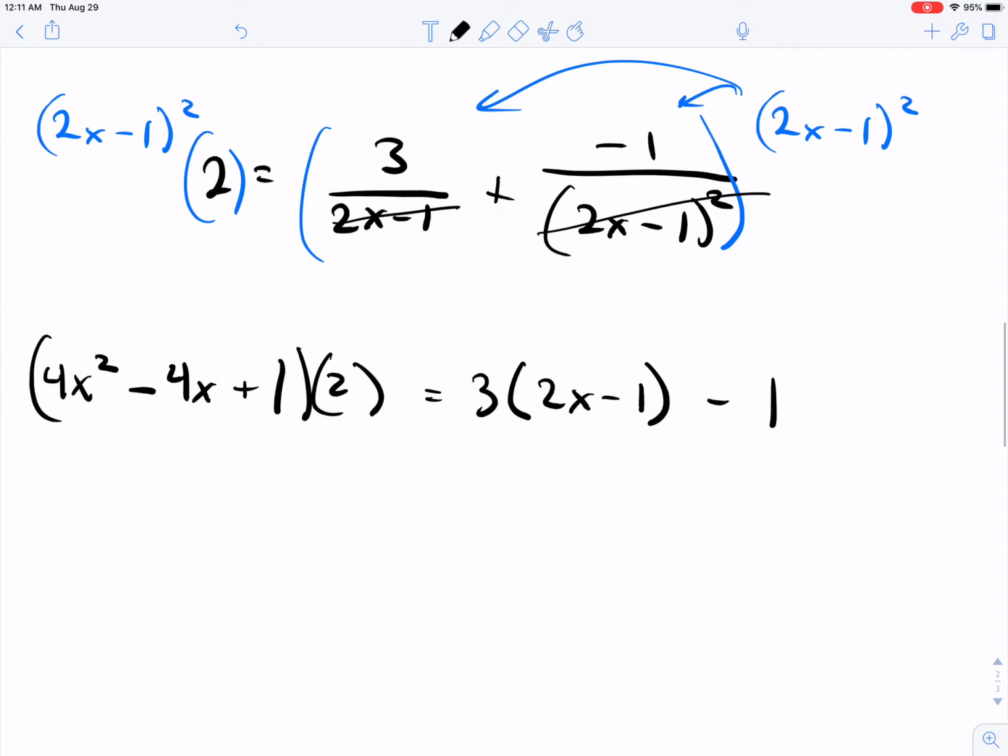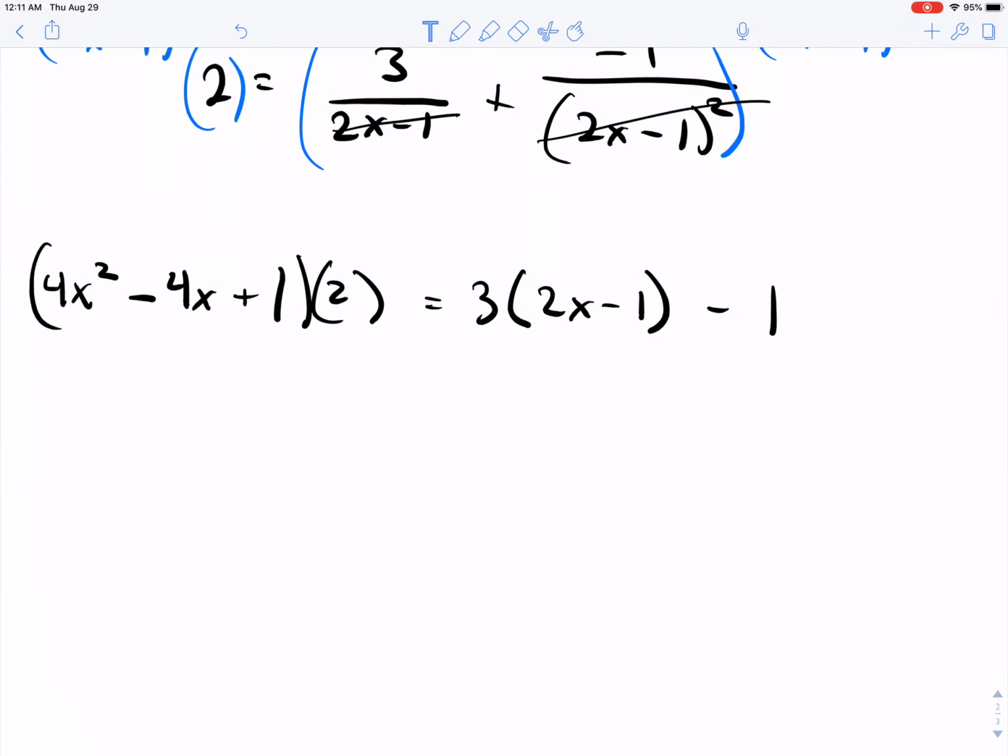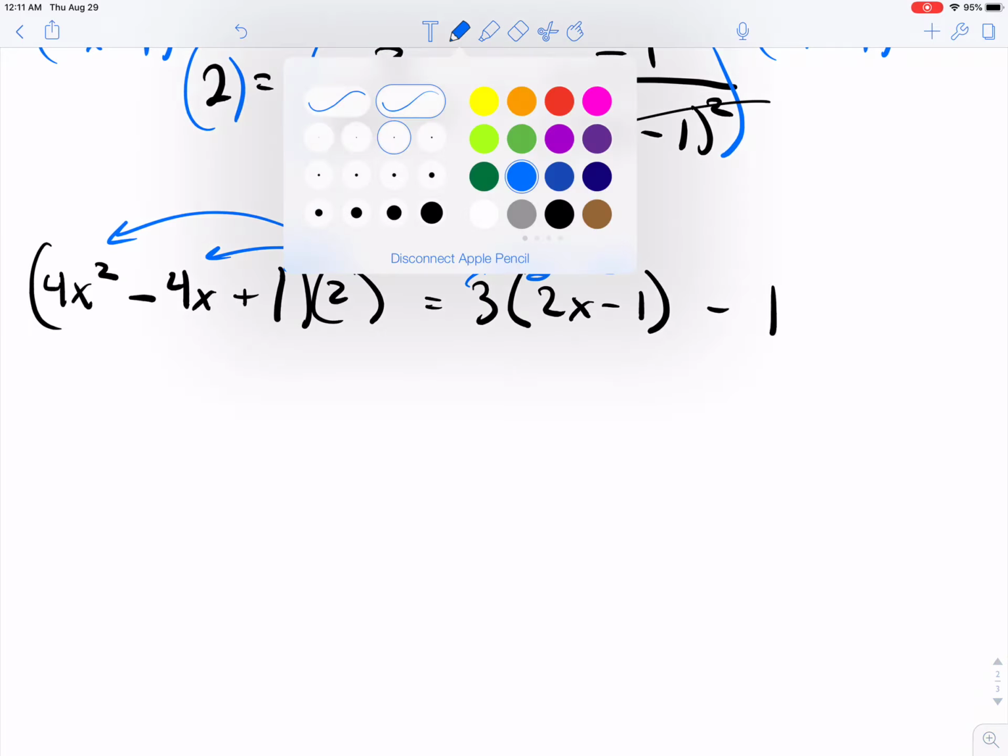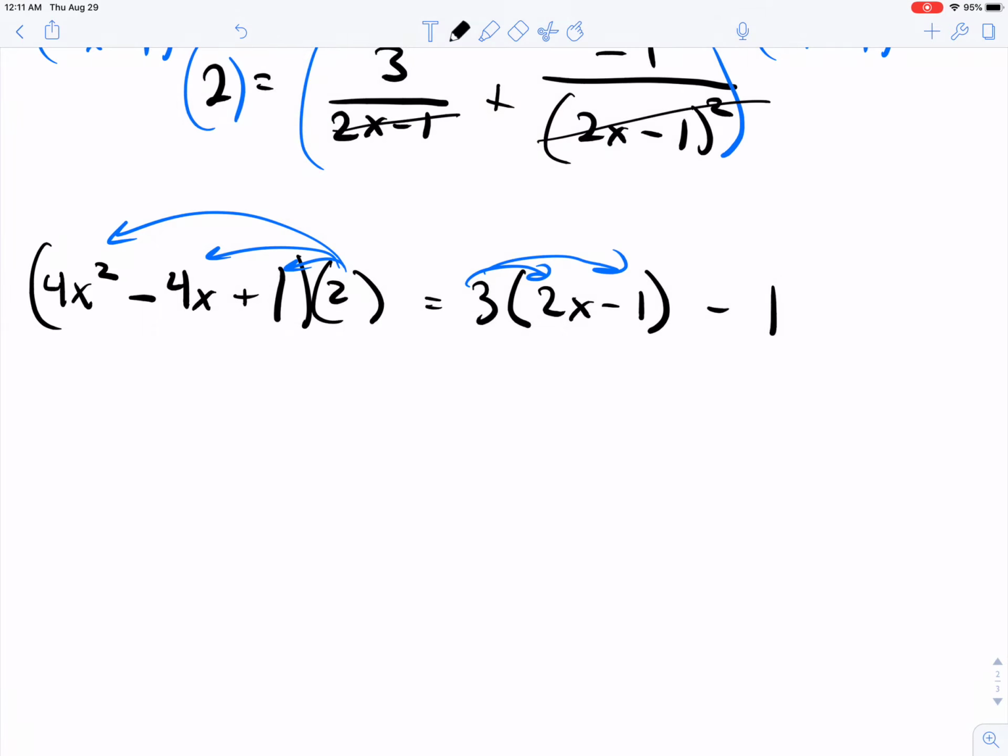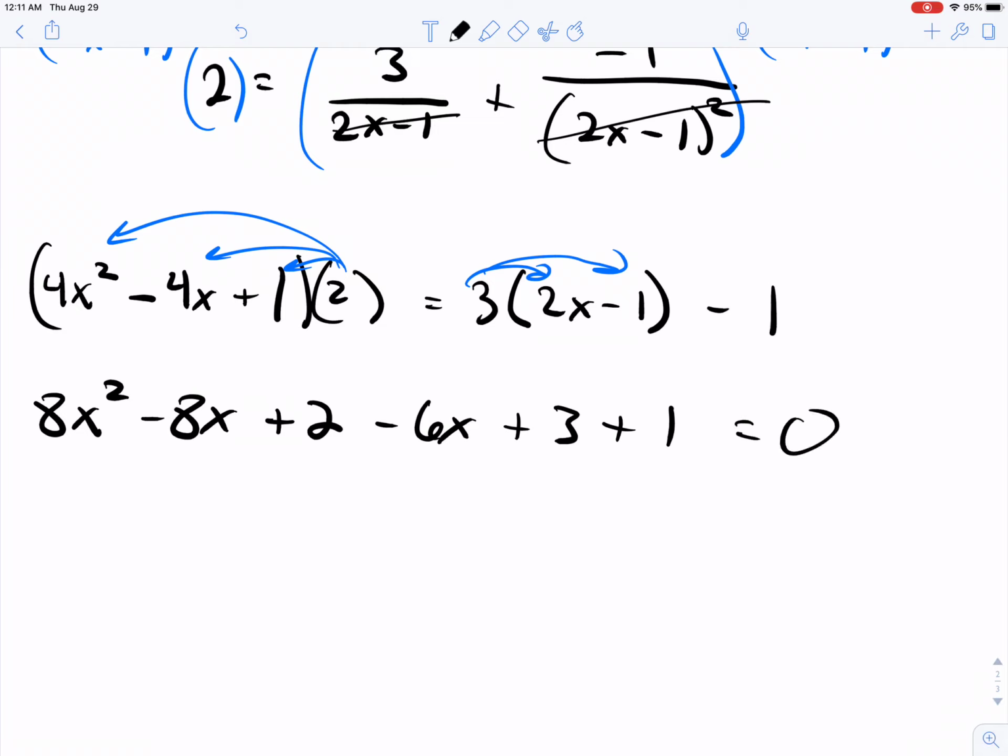Okay, so what I'm going to do is set this to 0 and combine like terms. So we're going to distribute this 2. I'm also going to distribute this 3. And I'm going to set it to 0. So I'm going to do a lot of steps in one. So 4 times 2, we get 8x squared minus 8x plus 2 minus 6x plus 3 plus 1 equals 0. Okay? So then if we combine like terms, we get 8x squared minus 14x